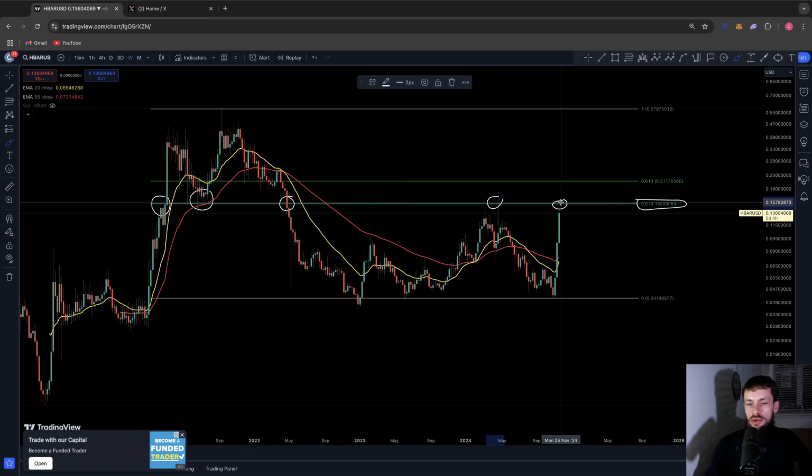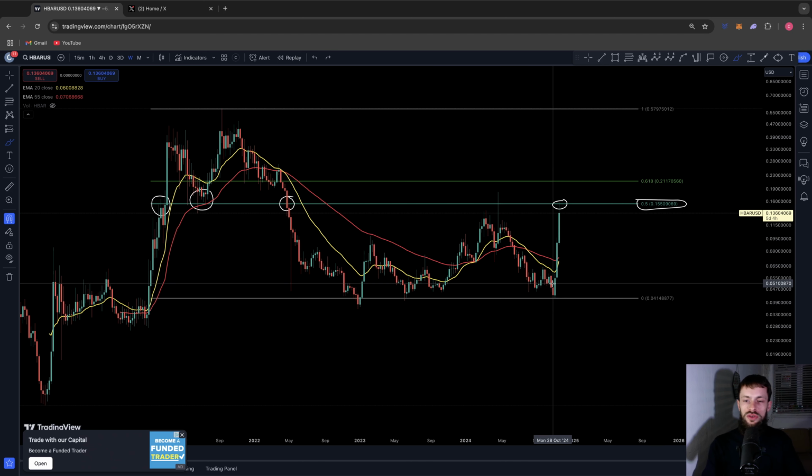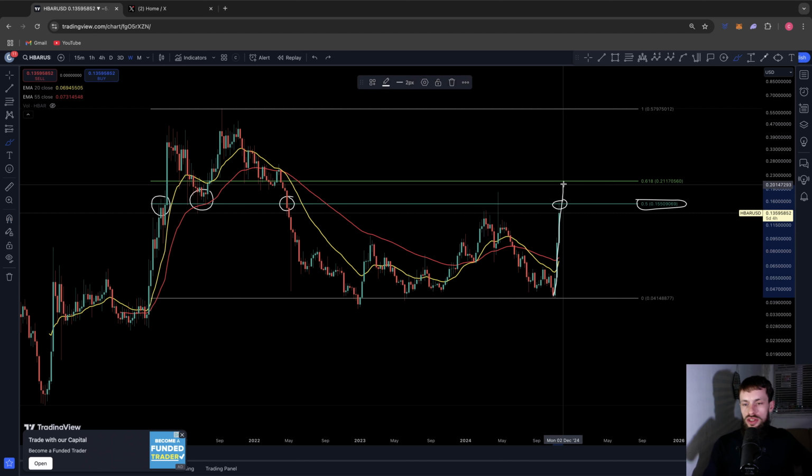So this is why I think it would be nice over the next week or two to have a little cool off, let these EMAs drag up over time, form the cross, backtest the EMAs, and then go for the breakout. Whereas if we do see this really impulsive move and come up to the 0.618 here,